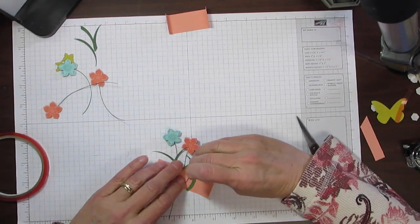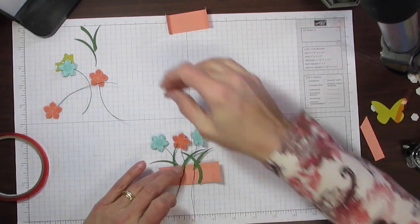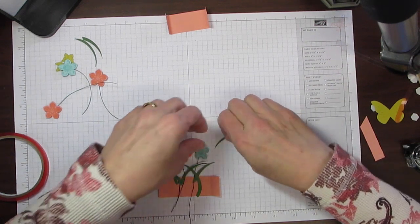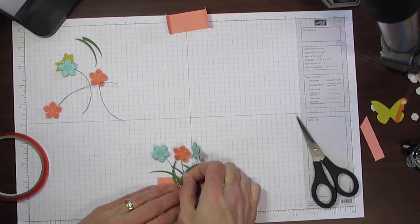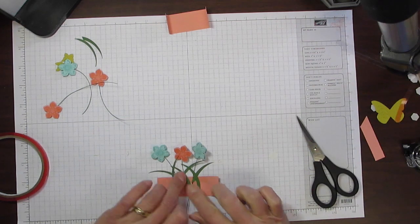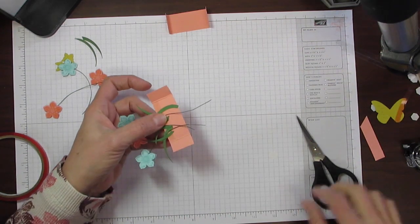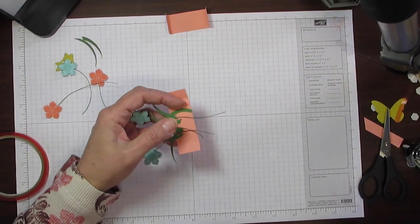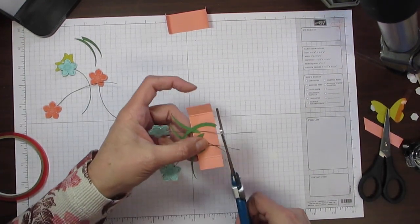Just like that. And one more. And then what I'm going to do with the end of all this, once I've got those on there, and this does look like a mess, but that's going to be all covered up, so it's not going to matter anyway. I'm going to take an older pair of scissors,